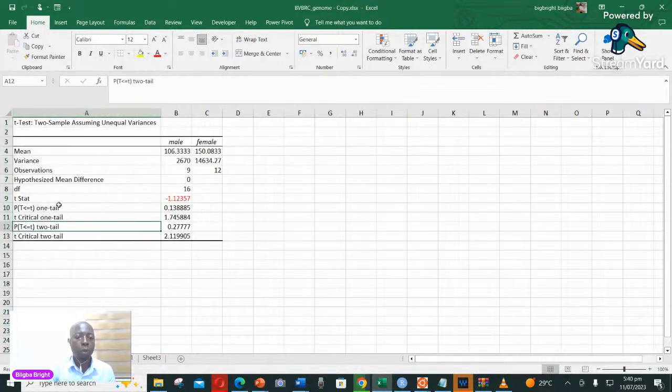Okay, so you can see we have a one tail and we have the two tail. What we have done is a two tail, because we're looking at male and female, and of unequal variance, so we are looking at this one. We check whether the T critical and the T statistic have some kind of semblance, and then we can make our interpretation accordingly. And of course the p-value is always very important. We have our p-value for the two tail, and we can see 0.2, which is way bigger than the 0.05. So obviously